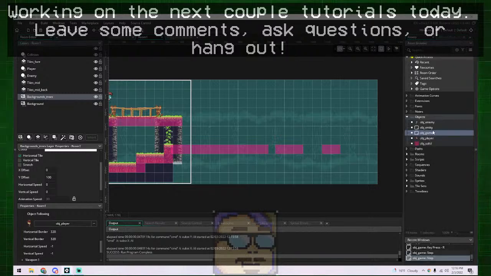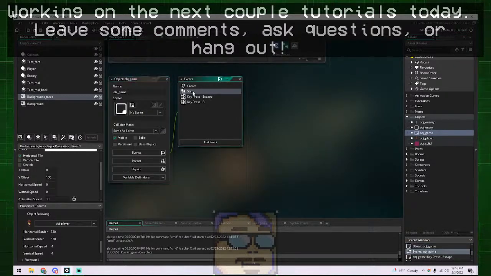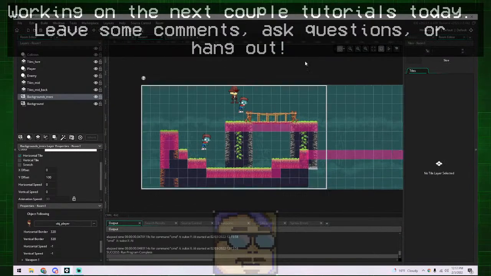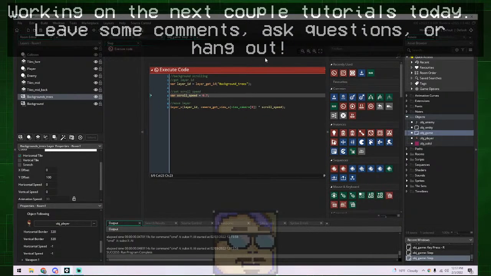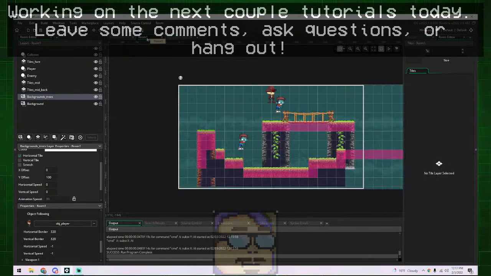And let's create a step event. Now remember, a step event will run every step of the game. Now the layer functions I want to use to move the background are not available in the code blocks. So in order to do this, we need to use some GML, some GameMaker language. So if we go over here to